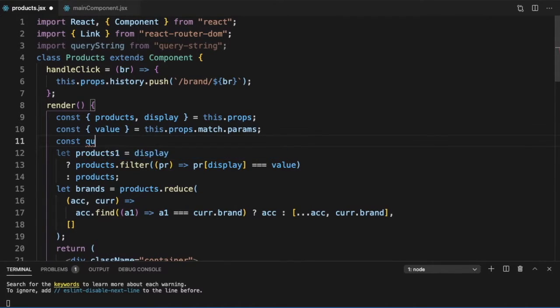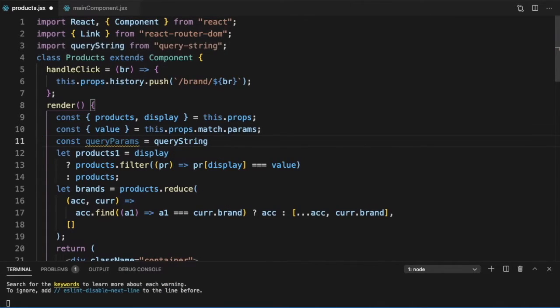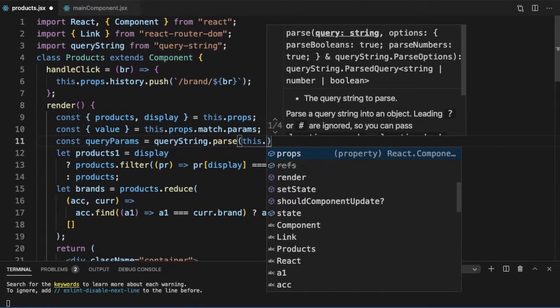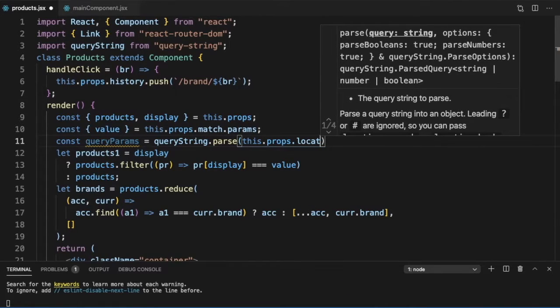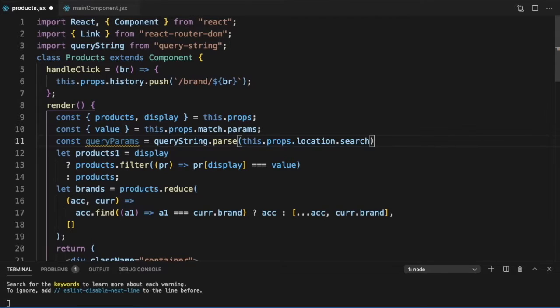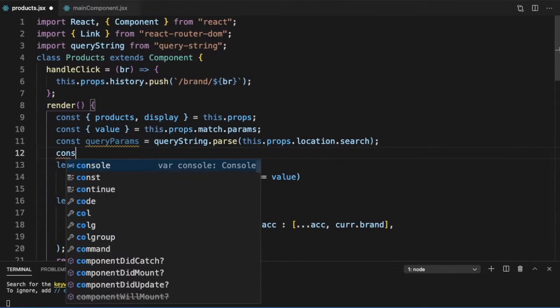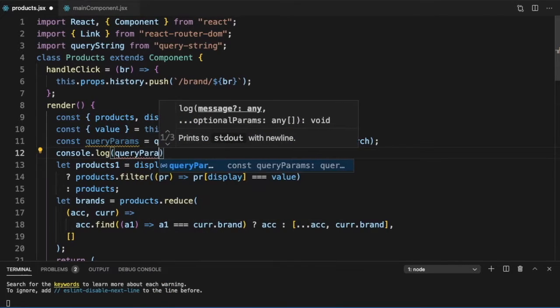So const queryParams = queryString.parse(this.props.location.search), and let us just do a console.log(queryParams).